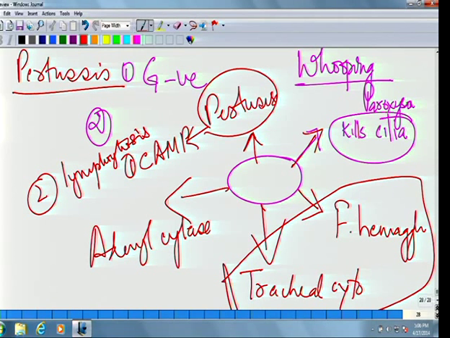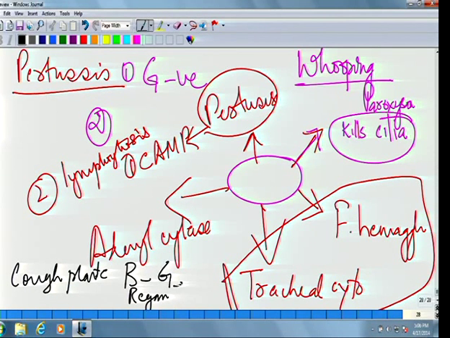Then, how do you grow pertussis? Bordetella pertussis, what's the media? What's the method? The cough plate method, using which media? Bordet-Gengou, isn't it? And the Regan-Lowe medium. So Bordet-Gengou or Regan-Lowe medium. So that's about pertussis. Mainly the virulence factors, and the symptoms are so classical. They give you the classical symptoms of pertussis. Okay, then